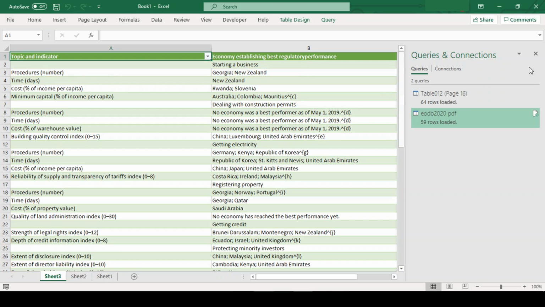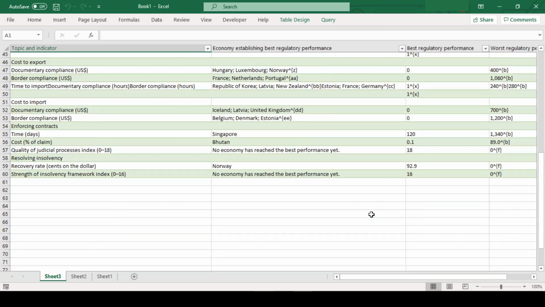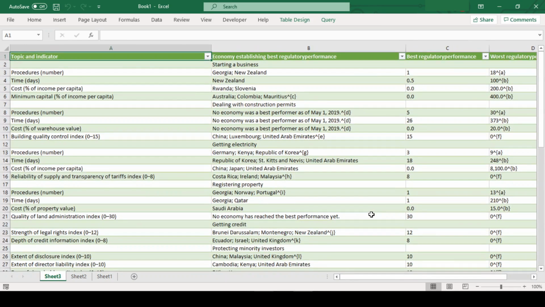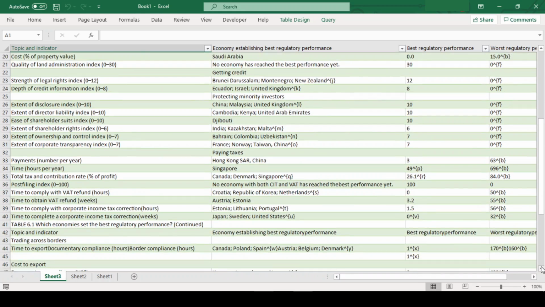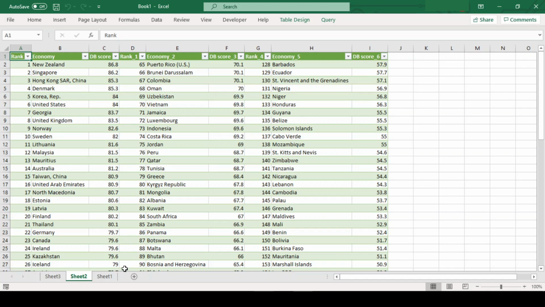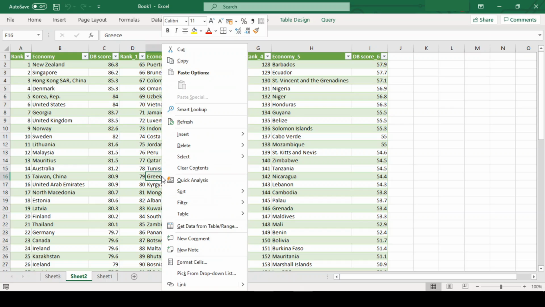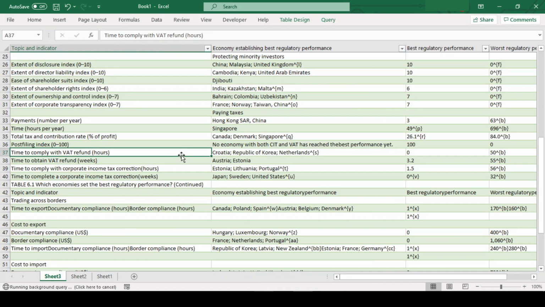Before I conclude this video, let me tell you one more good thing about this feature. The method with which we imported the data from PDF, it not only got us the data, but it also established the connection with the PDF. So now, if we have an updated PDF next year, then we just need to replace the PDF file and right click on our Excel table and hit refresh. This will load the new data from the PDF. But this will only work if the data structure of the new PDF is identical to the original PDF.